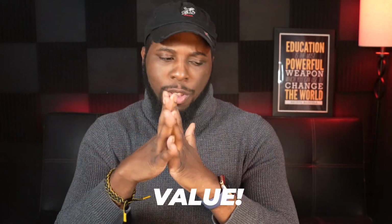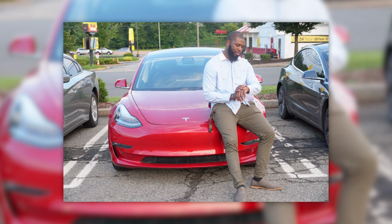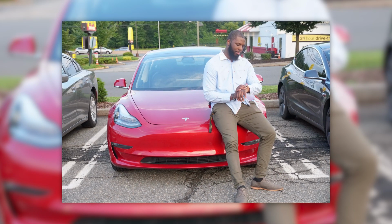Now, the third reason, and probably one of the more important reasons, is value. Tesla's value is one of those strange things on the internet. You can see the price point fluctuate depending on where you look, and even third-party sites can't really seem to figure out what to price their Teslas for. For me, when I was selling my Model 3, I used Carvana, but before that, I used Tesla first just to see what they would quote me. Initially, I got offered $30,000 for my 2019 Tesla Model 3,